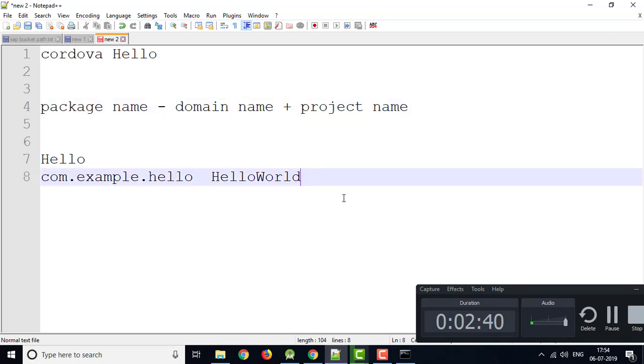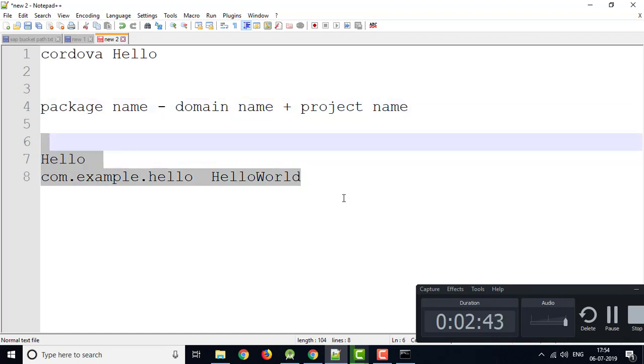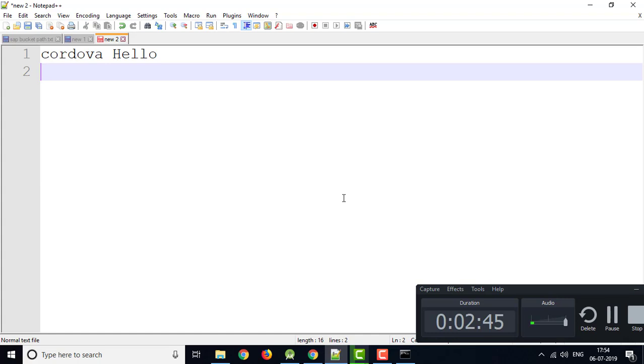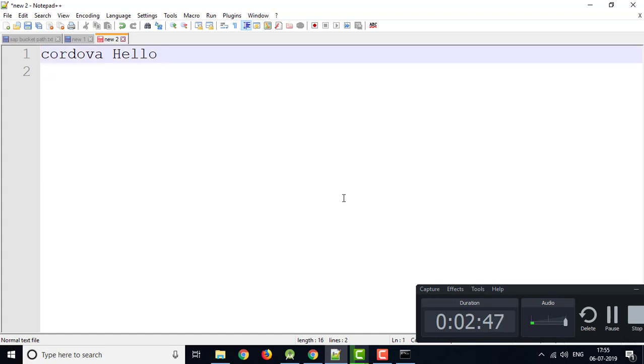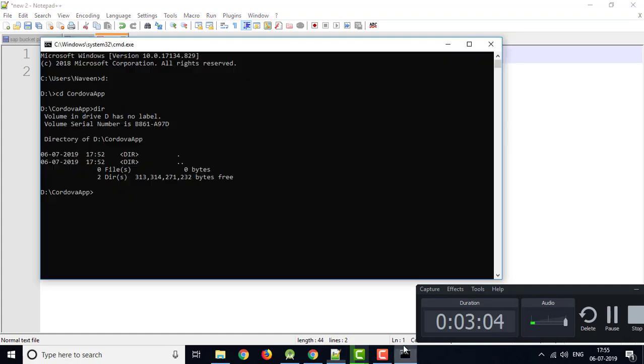So what I have to do here is give hello, which is my folder name, then com.example.hello, space, hello world. Currently I don't have any app named hello, so I have to create it. Cordova create, because I am creating.